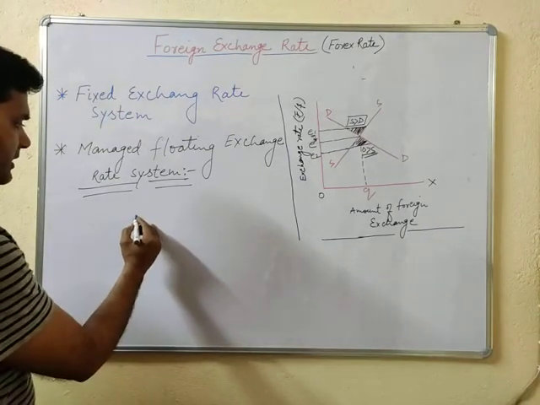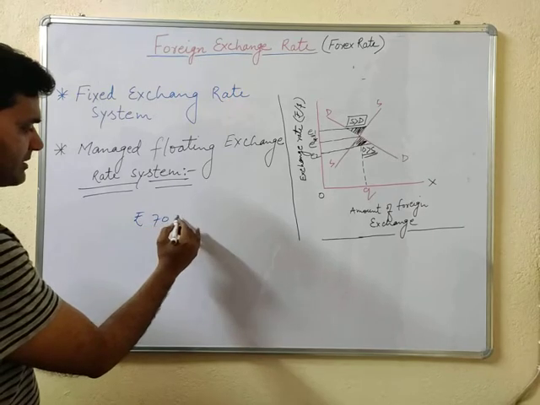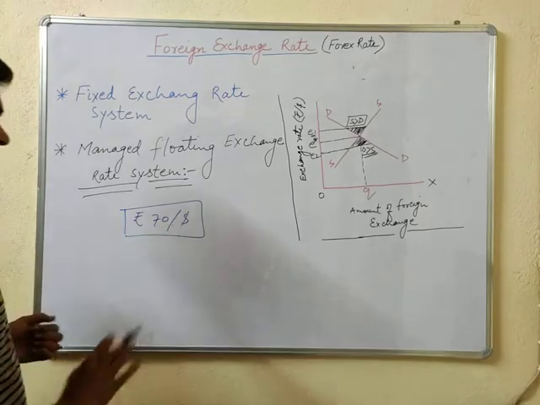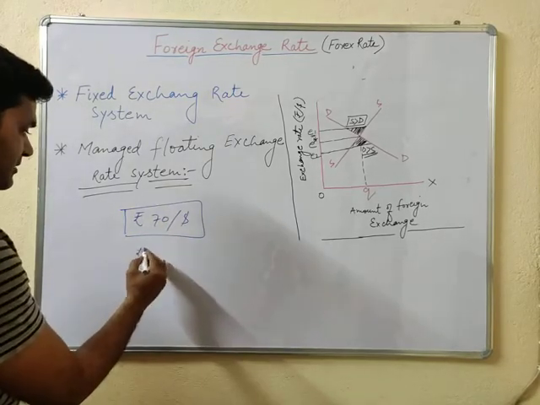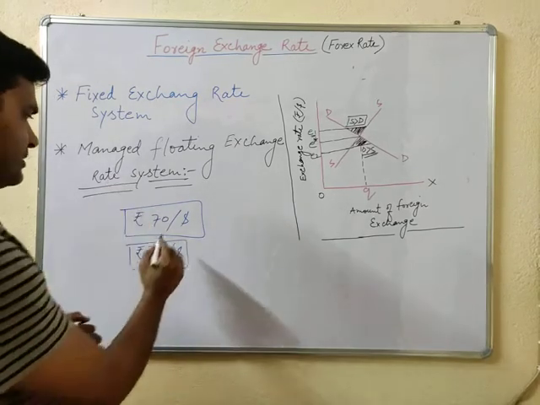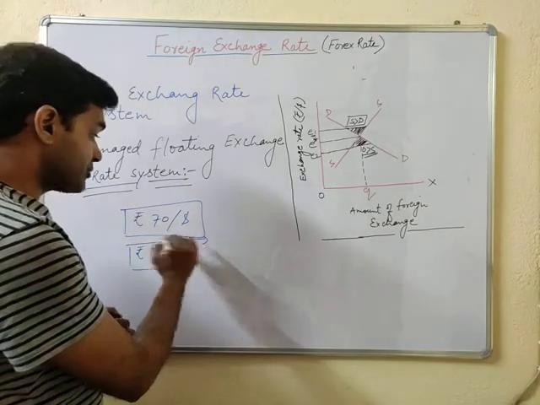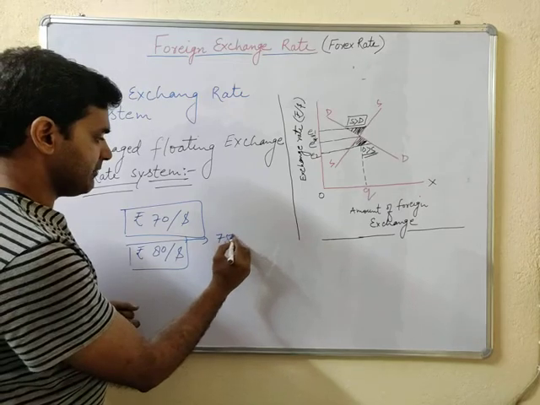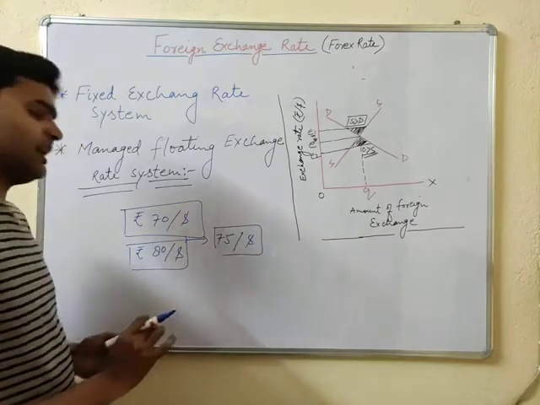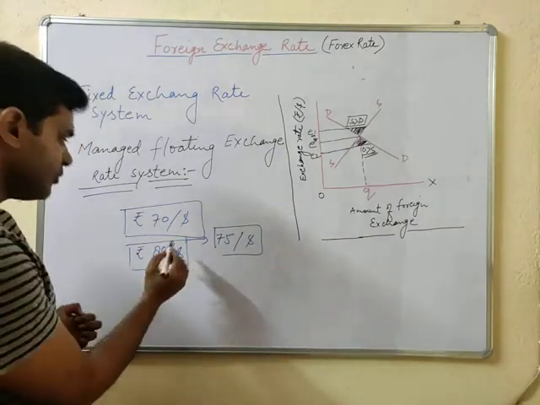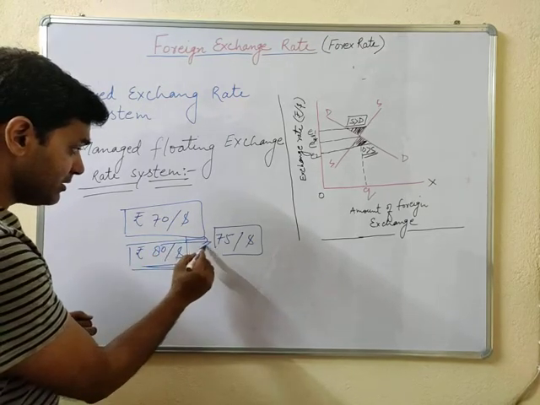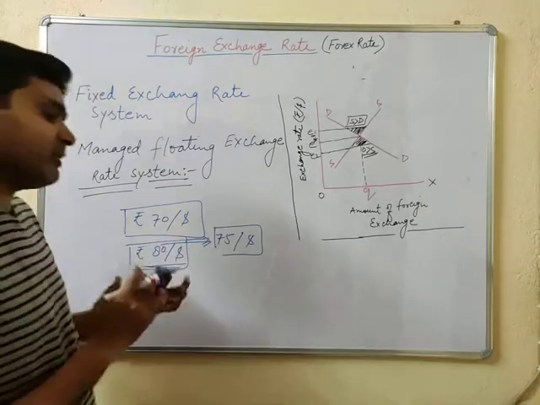Suppose today the exchange rate between rupees and dollar is rupees 70 per American dollar. Suppose the currency is depreciated and the exchange rate becomes rupees 80 per American dollar. But the central bank or the government wants to keep it at only 75 per American dollar. Only this 5 fluctuation can be bearable and not more than that. So what will happen? The central bank will cover up this extra 5 rupees. How will it cover up? It will